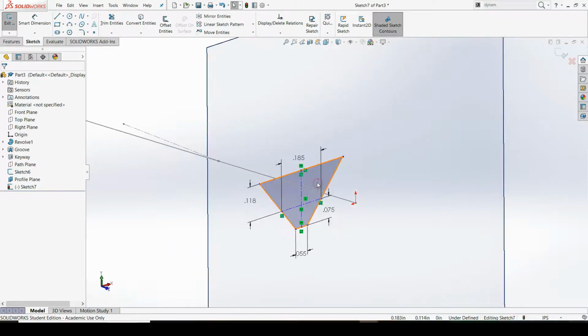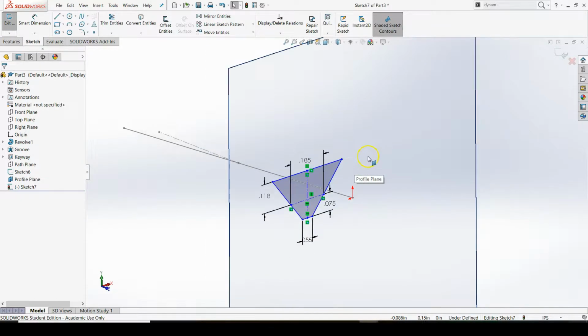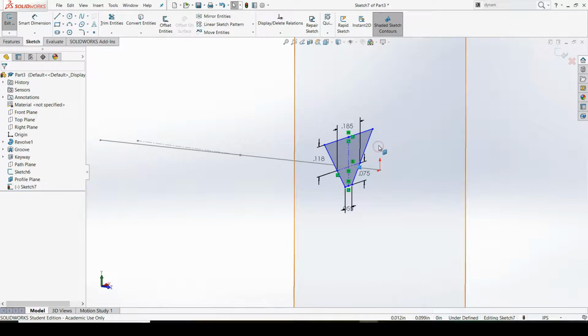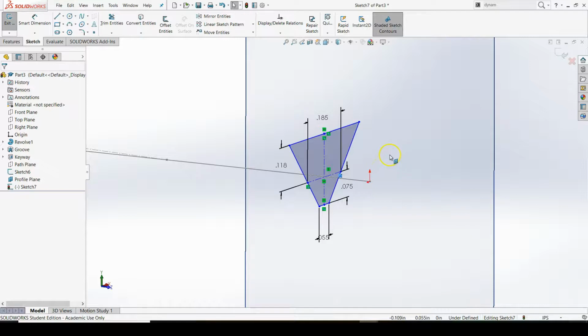So I want to demonstrate a very common relation that exists between sweeps. It's called pierce. Whenever you want to prepare a profile sketch for a sweep that's going to be along a path, you'll usually use the pierce command. This ensures that your profile is perpendicular to the path. Now what we had done is make a plane perpendicular to the path, so it's not terribly needed for us right now, but it is for other types of sweeps where the profile is not automatically